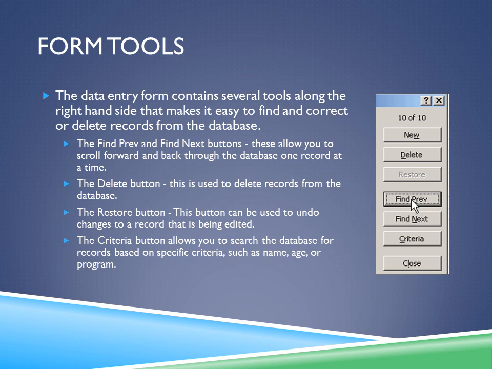And lastly, the Criteria button allows you to search the database for records based on specific criteria such as name, age, or program. An example of using the Criteria button is if you have your database contains